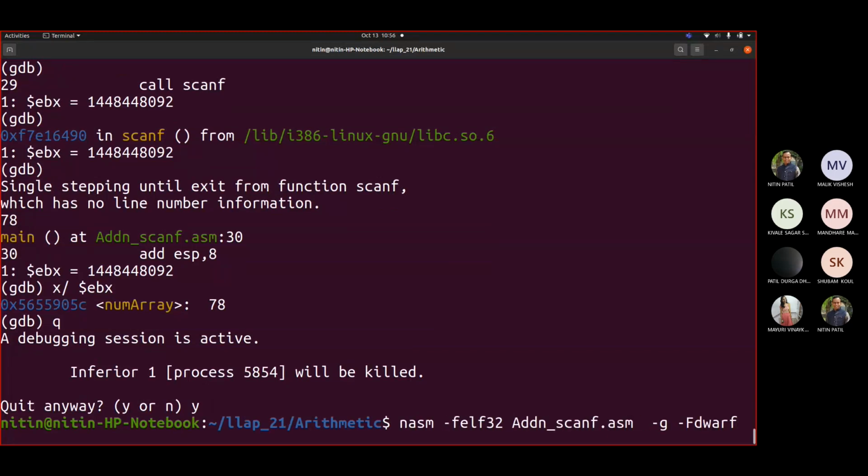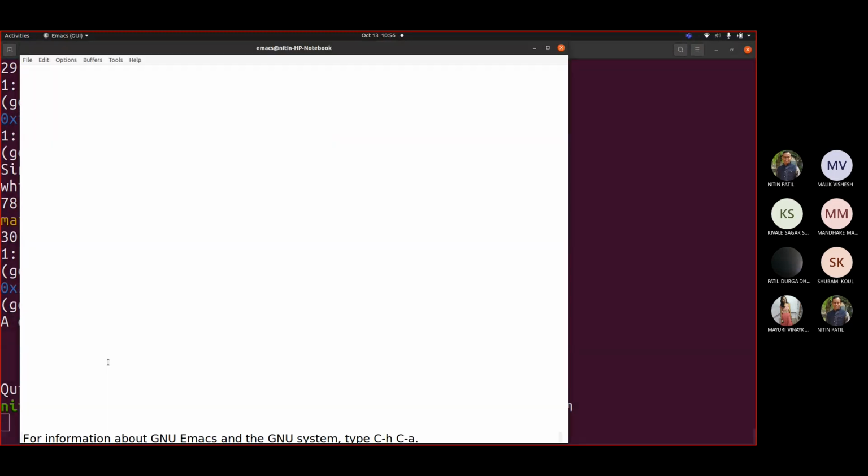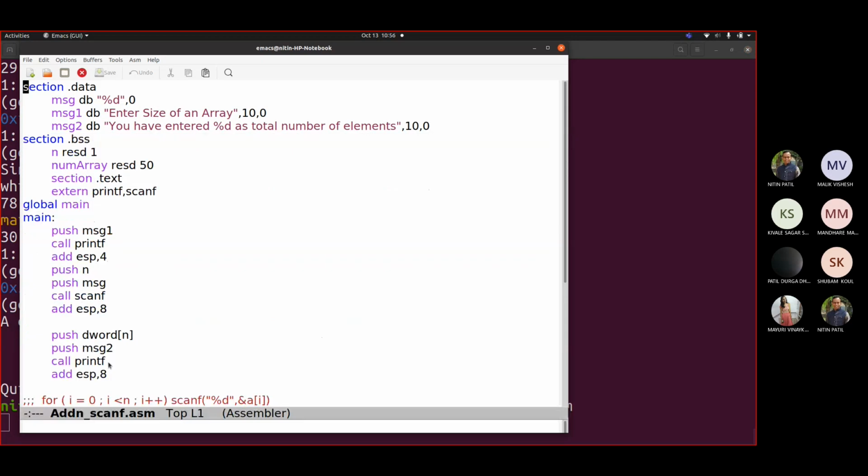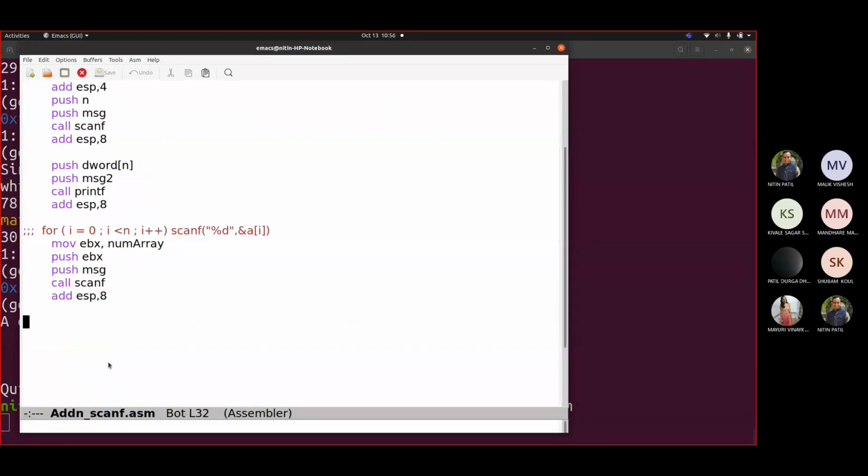Now I have to read all those remaining values. So how am I going to do that? So we have this now. We got this message. Now this should be repeated until what? So you compare here now. Let us XOR. Now we know that if I am using this printf and scanf, my registers are going to change. So how can I preserve those values so that the value should not change?